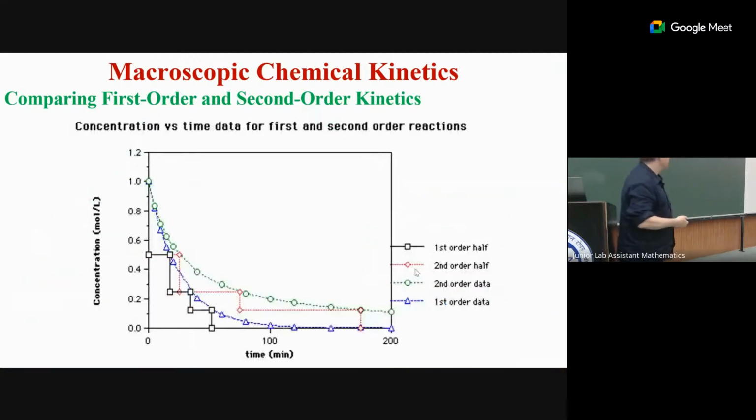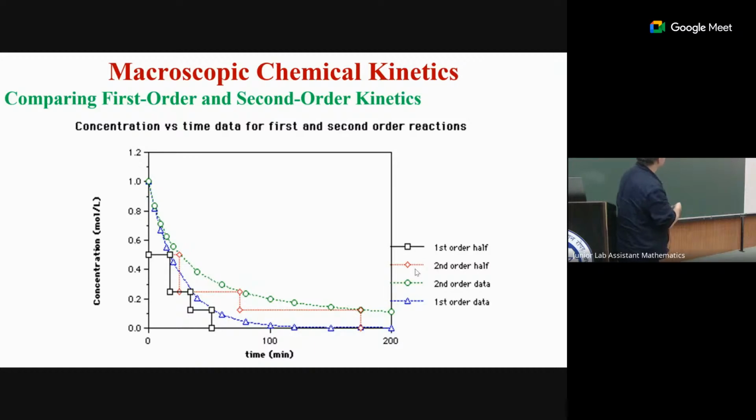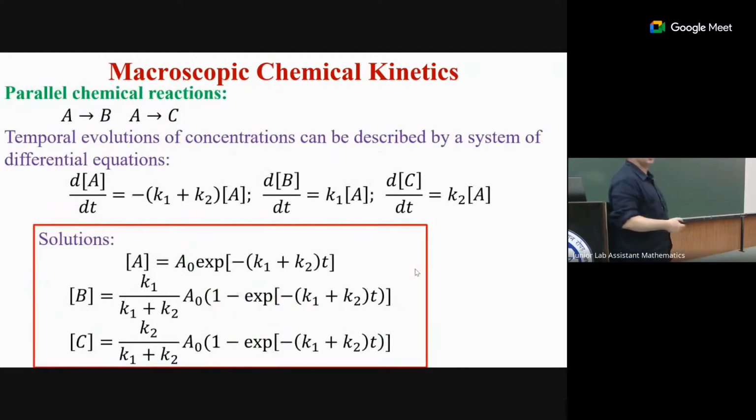Okay. So the important lesson here is that from chemical kinetics, from quantitative measurement, you can actually understand something. You can say something about the mechanism, right? If you have the data and you can analyze the data this way, of course, I give you a very primitive example, but at least you can distinguish first order versus second order. So you're getting important microscopic information about the underlying process without doing, in some sense, any microscopic study. So that's why chemical kinetics is important. This is a macroscopic description, but I'm getting microscopic information. So let's do a little bit more complicated things.